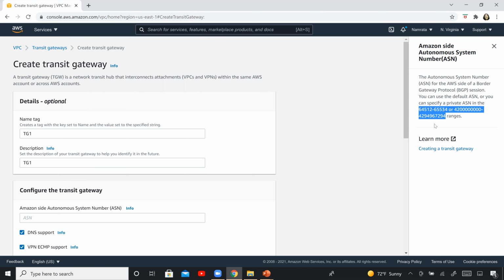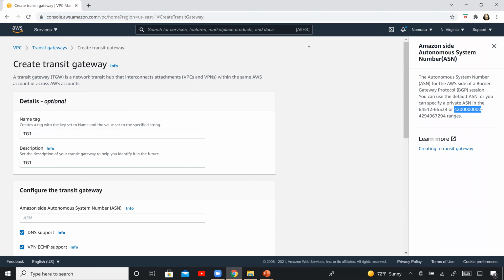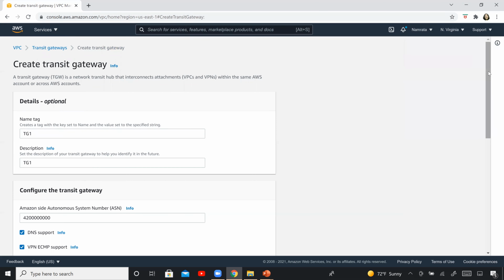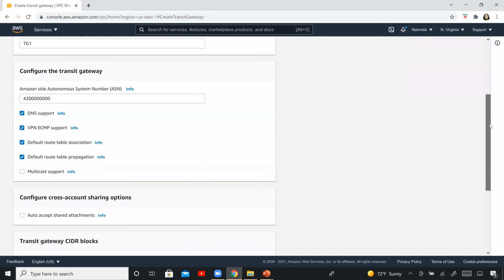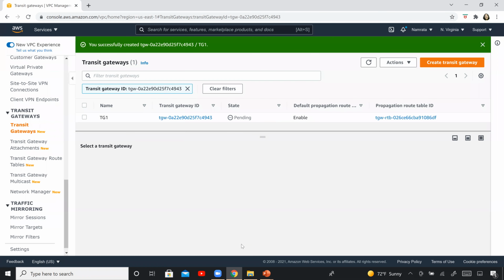Just to make things simple, I copied this number that I'm highlighting right now, which is the same number mentioned over here as well. Copy that number and paste it right here, and you should be good. That's something it uses internally to set up the session. You don't need to provide the setup block. Keep all the settings default and click on Create transit gateway.